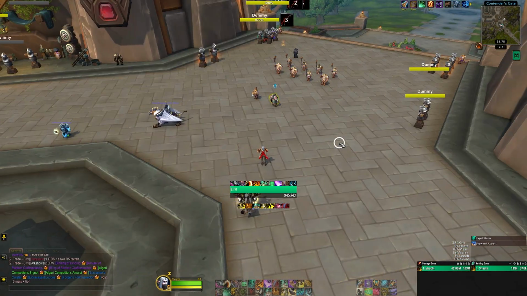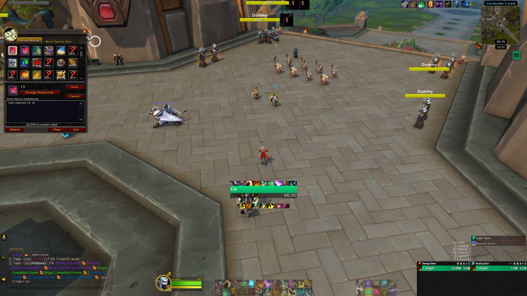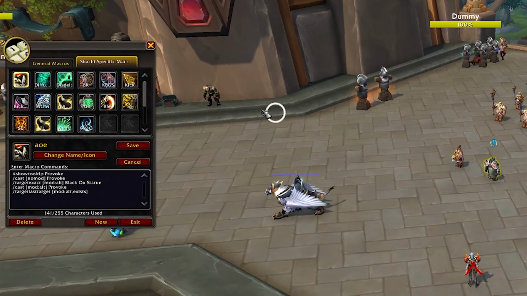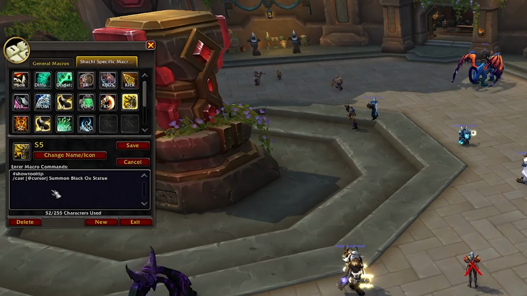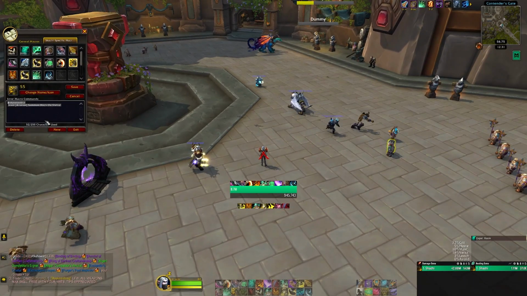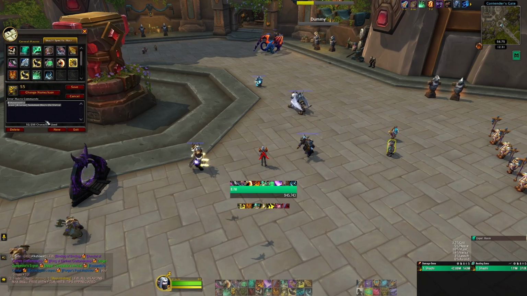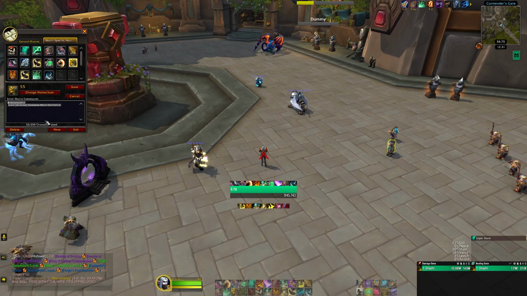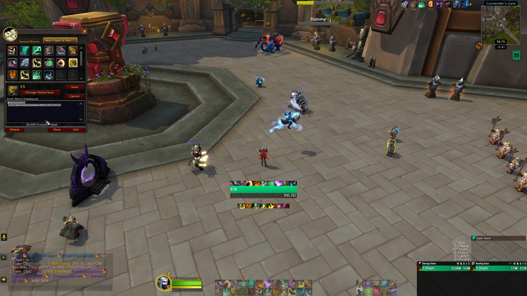So the first one that I want to talk about, and we can do that by opening up my macro page here, is I like to start off with @cursor macros. Really quick, you can find all of these in my Discord. It's free to join, just join, and then there is a macro channel, and you can copy this directly. It's set up for Brewmasters, but if there's any type of macros that you want to translate to whatever character you're playing, you can simply replace the name of abilities. If you have questions about the macros, let me know in Discord,